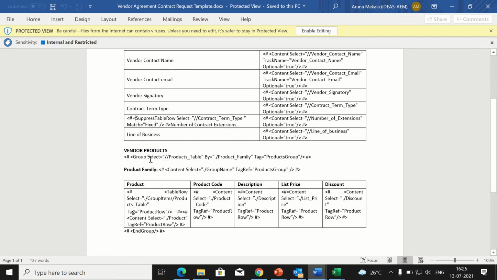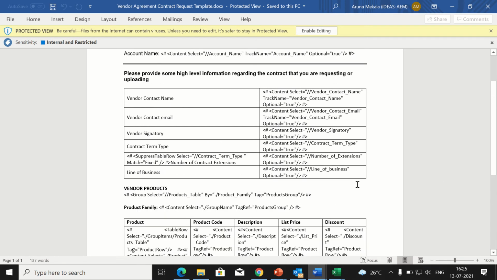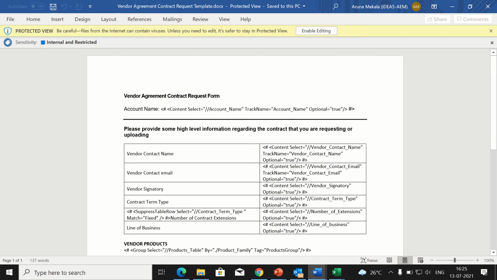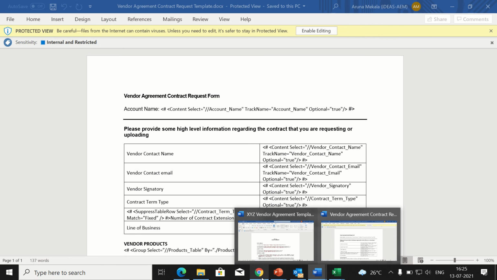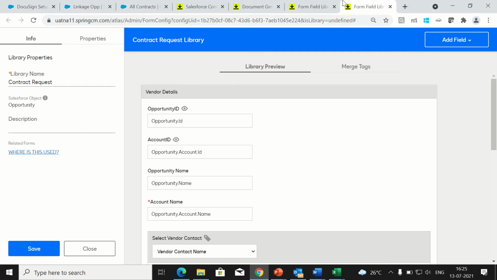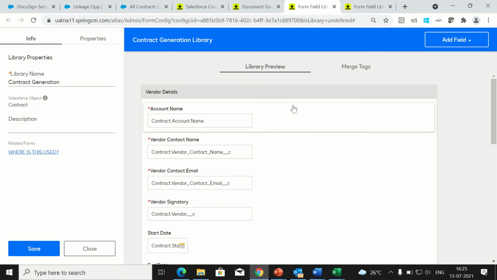And here it is grouping the products by product family, so that it will create a new table for each product family. So this is the request template, which creates the first document using that form and this template. Now this is the second template, used for the actual second document generation, and it is on the contract.